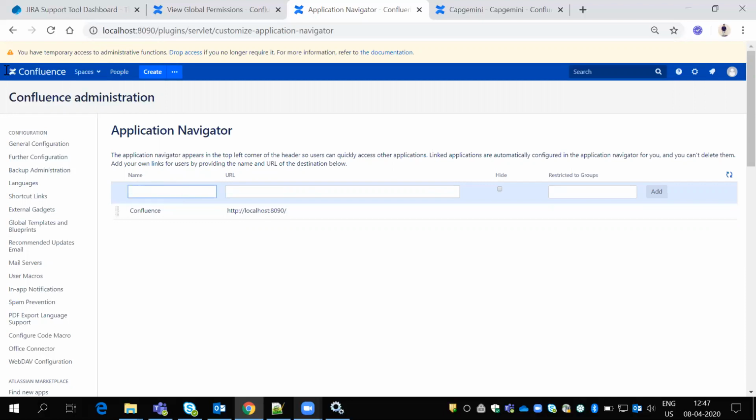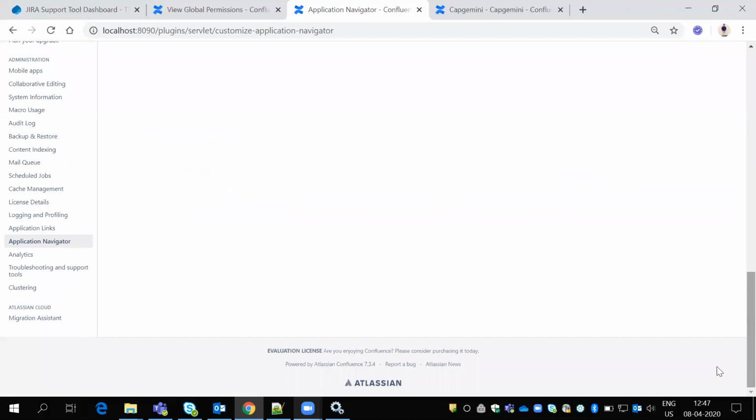So if I add my Jira environment, I'll get that option here. That is the application navigator option. If I add any link here, the same will show up in Confluence. On the left side of Confluence I'll get a symbol, and if I click on it, these links will come there. So this is like a quick links type.